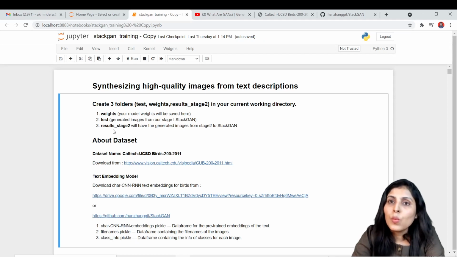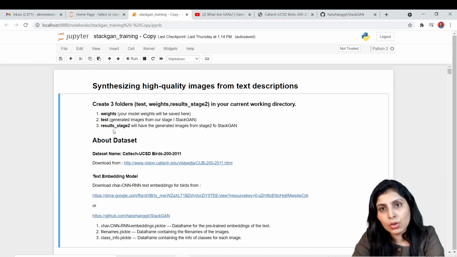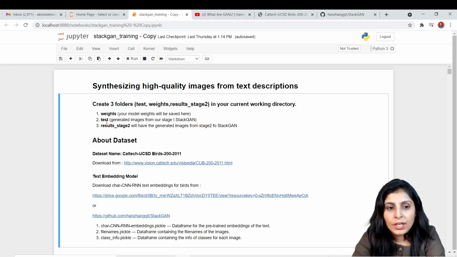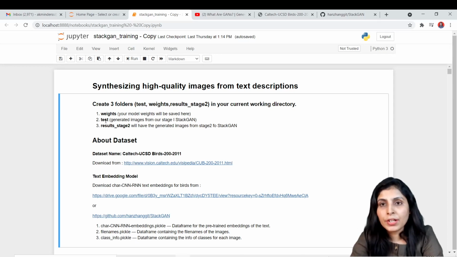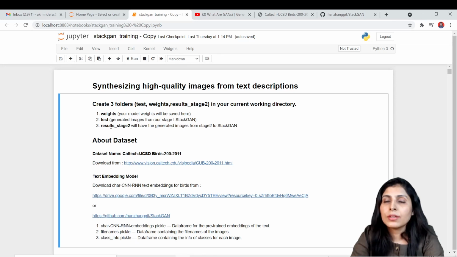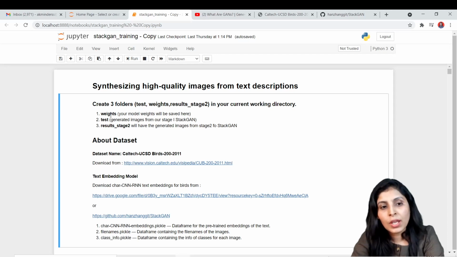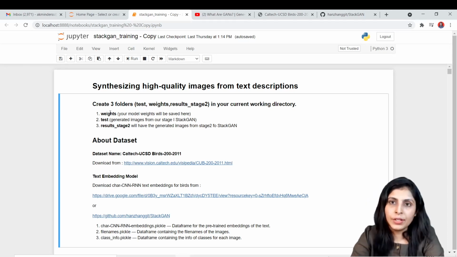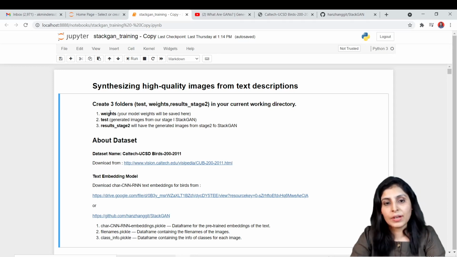This folder will store the images which are generated by the generator of stage 2. So the test folder will store the images of the generator of stage 1, the results_stage_2 folder will store the generated images of stage 2, and the weights folder will store all the weights which we get after training. So you have to create these 3 folders.